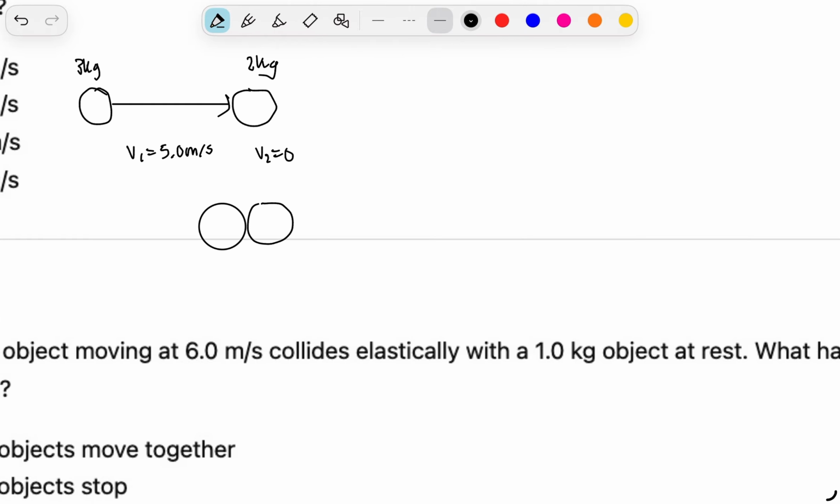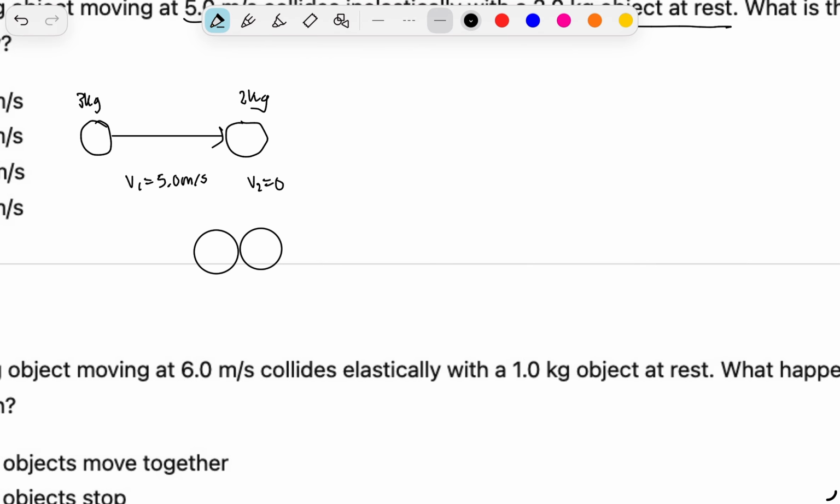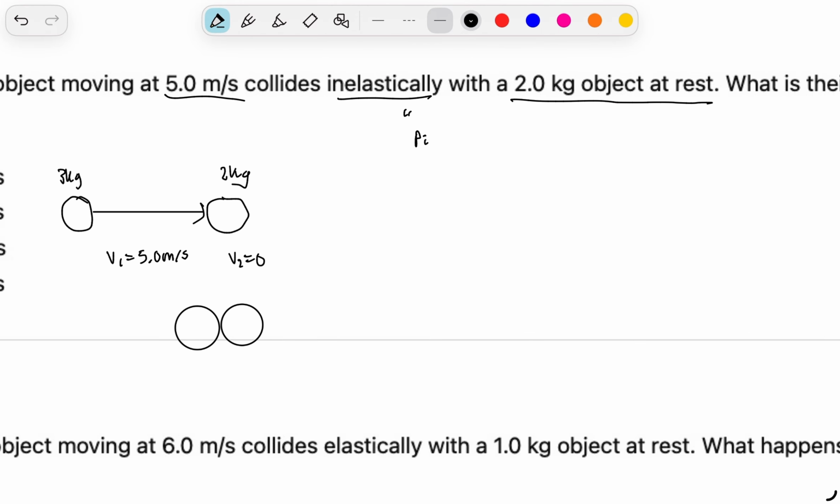Because they're inelastically bound, you have to use conservation of momentum, which is that P initial is equal to your final. So you have to do P of your object 1 plus your object 2 is equal to your object 1 plus your object 2. You would write MV plus MV is equal to MV plus MV